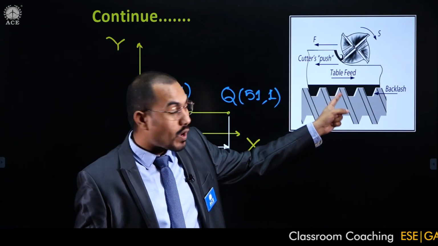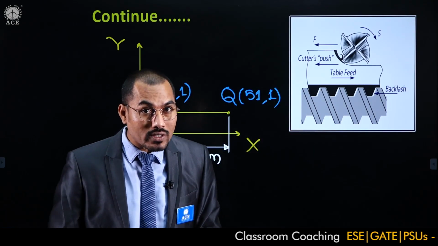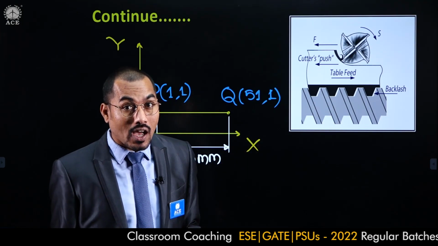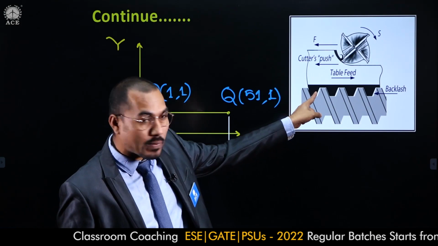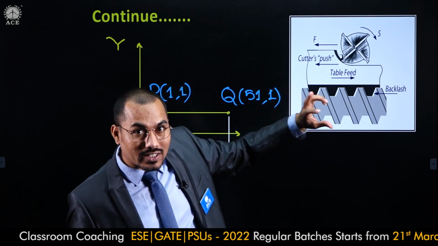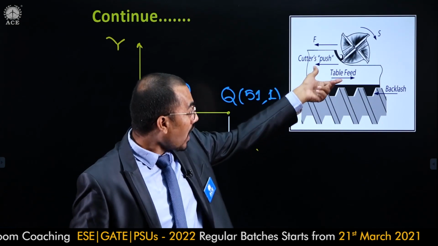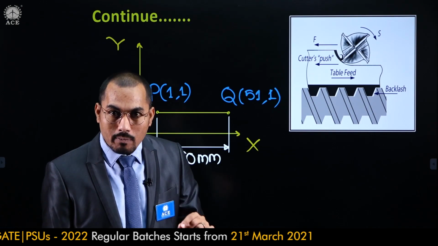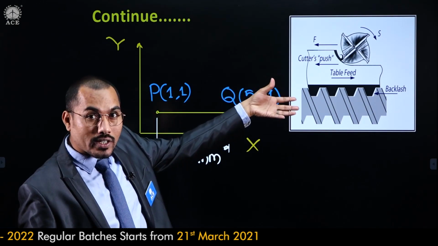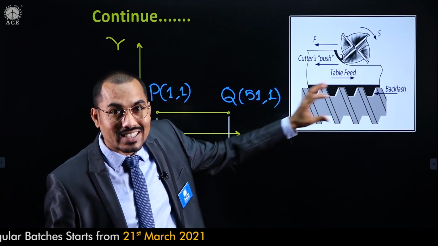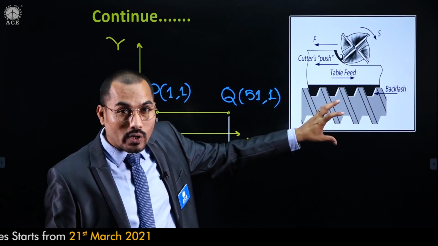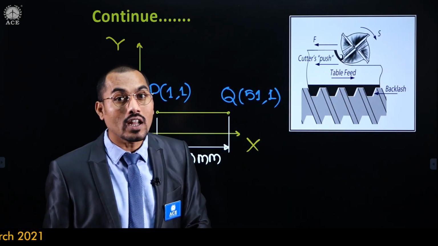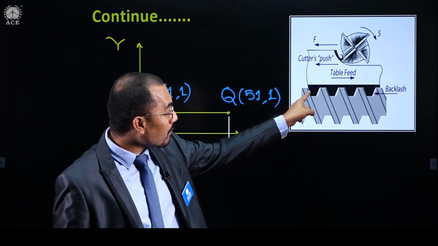The external threads of the lead screw are engaged with the internal threads of the nut. But it was given that there is a backlash of 1.8 degrees. Backlash stands for a gap present between the external thread of the lead screw and the internal thread of the nut. So if the gap is present, what happens? Even when the lead screw rotates one complete rotation, that is 360 degrees, the entire rotation is not converted into translation of the nut or work table, because the gap is present between them.